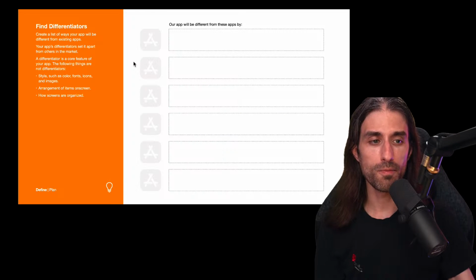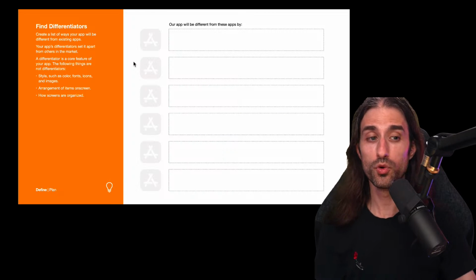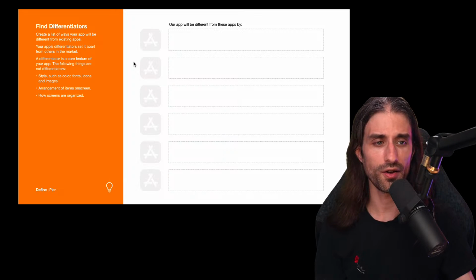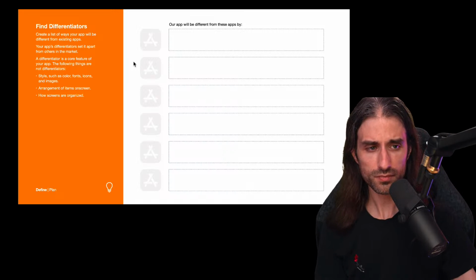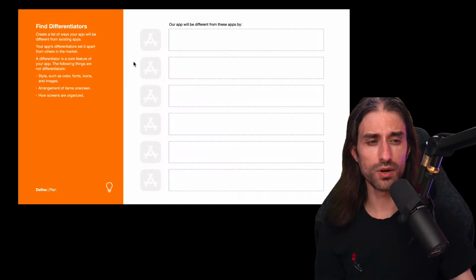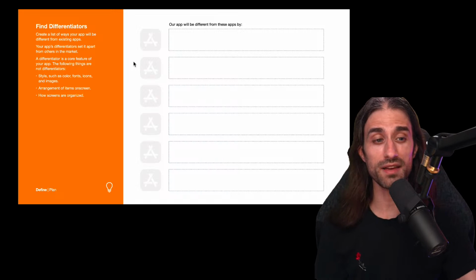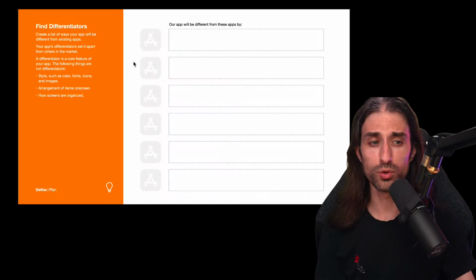But saying my app will use blue colors, whereas my competitors use green colors, that's not a differentiator at all. It could also be the device that you support. I don't know, for instance, I will support the Vision Pro. I'm not sure it makes a lot of sense because I'm not sure a lot of people do the trash while they're wearing such an expensive and fragile device. But for another kind of app, it could be saying, okay, I will differentiate by supporting maybe exclusively the Vision Pro, and I will focus my efforts on this. That's also a true differentiator.